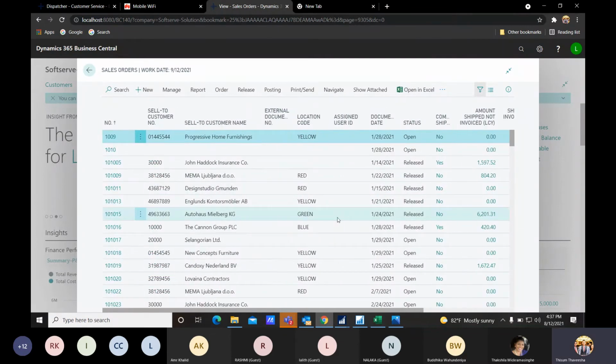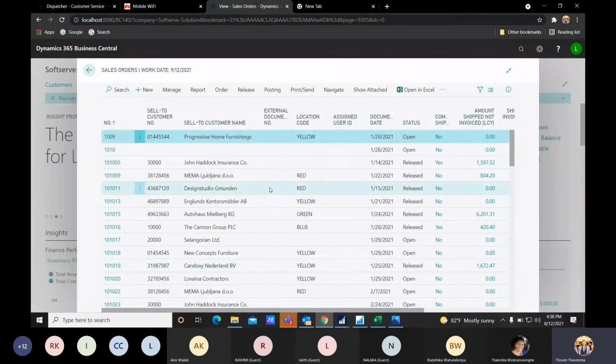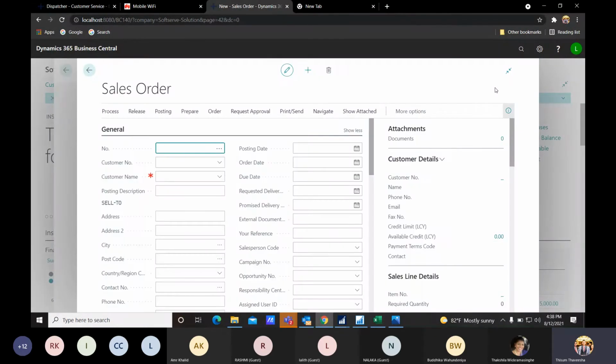Right. So this is the list of sales orders which have not been posted yet. What I will do is create a new sales order and then show you. As I explained earlier, the look and feel is pretty much the same as the purchase order, so users can easily understand and easily get user training, since if one process is okay for them, the look and feel is the same in the other processes too.